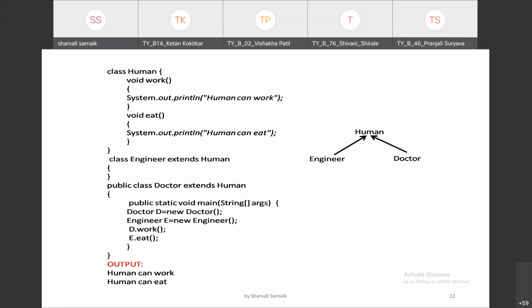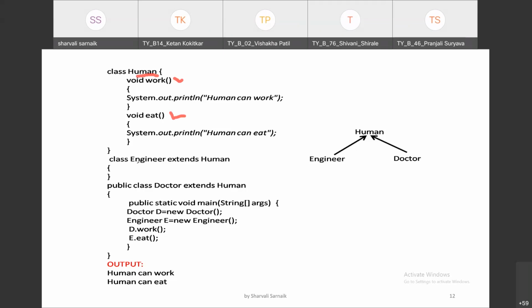Again, this is also one example of single inheritance. See, in this example, a class is taken called human, and then there are methods called void work and void eat.